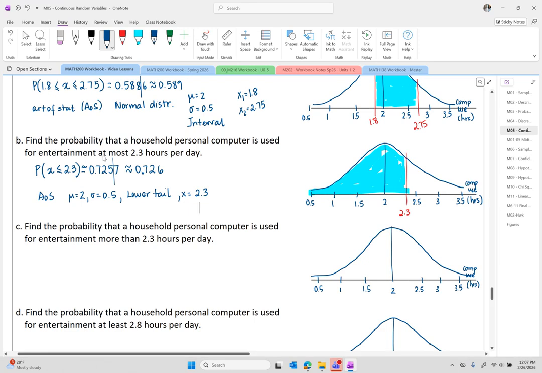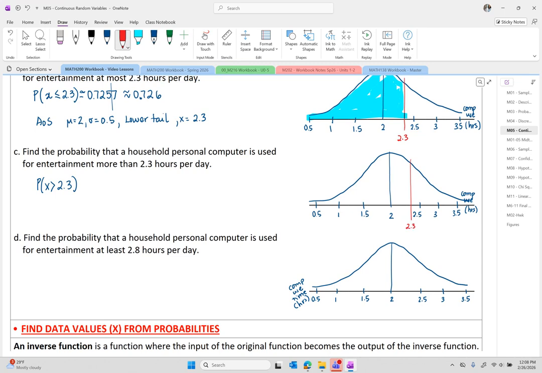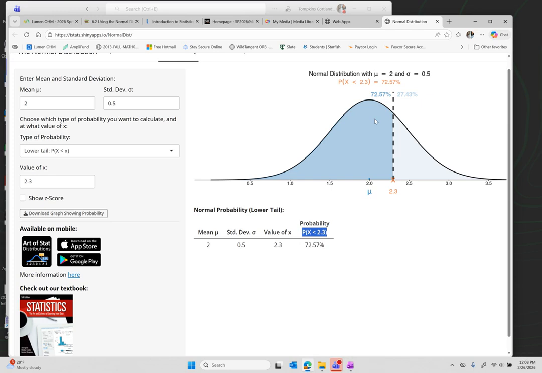Find the probability that a household personal computer is used for entertainment more than 2.3 hours. So here I have 2 ways of doing that. One is I have already found less than 2.3 hours. So more than 2.3 hours will be the complement. So it will be the rest from 100%. I can also ask ArtofStat to do that. Or in the existing screen, I can see it because ArtofStat shows me the area to the left, but then also shows me the area to the right, which is